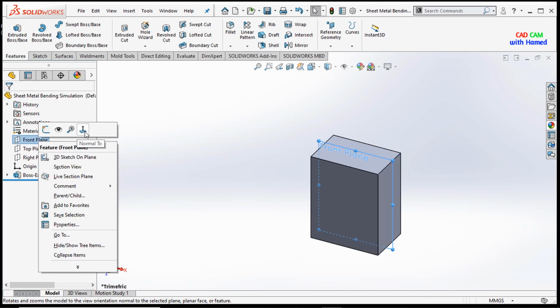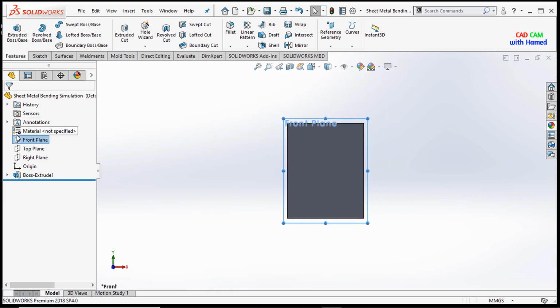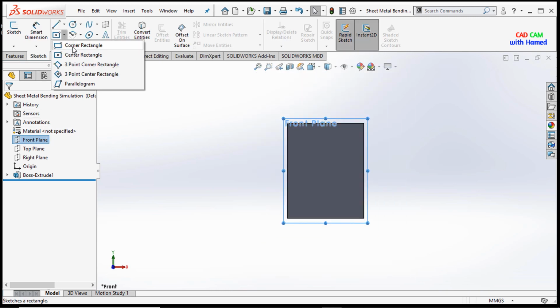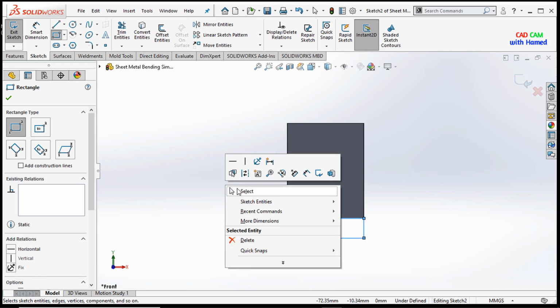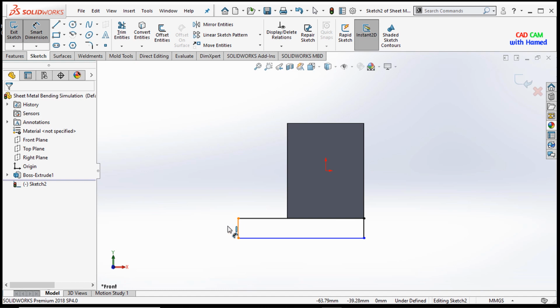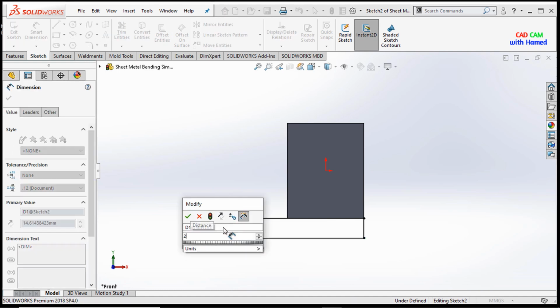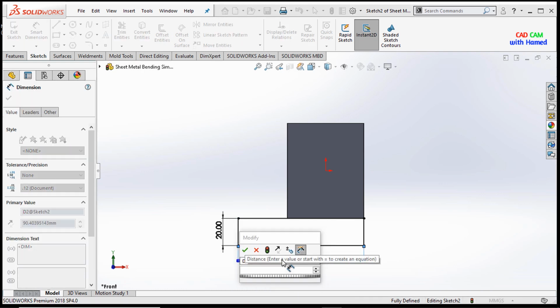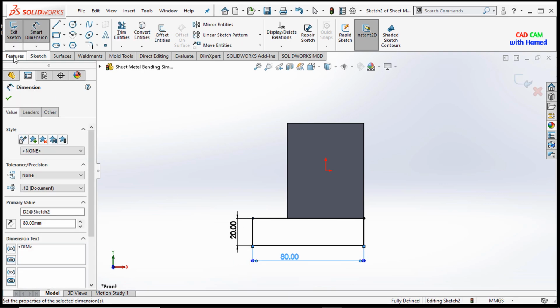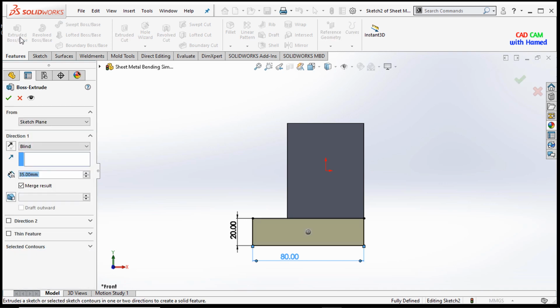Now again select the front plane, make it normal, and sketch a corner rectangle here. I'm selecting this point and giving this dimension as 20 mm and this one as 80 mm. Press OK again. From features select extrude boss base, select mid plane, and select the merge results so that these two bodies will be merged to each other. Press OK,